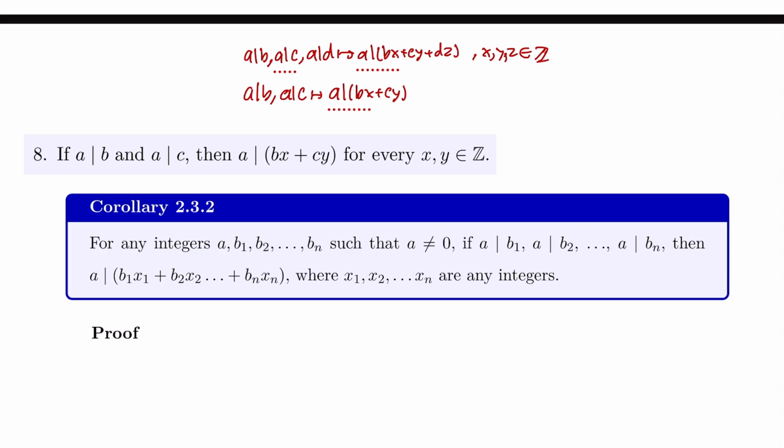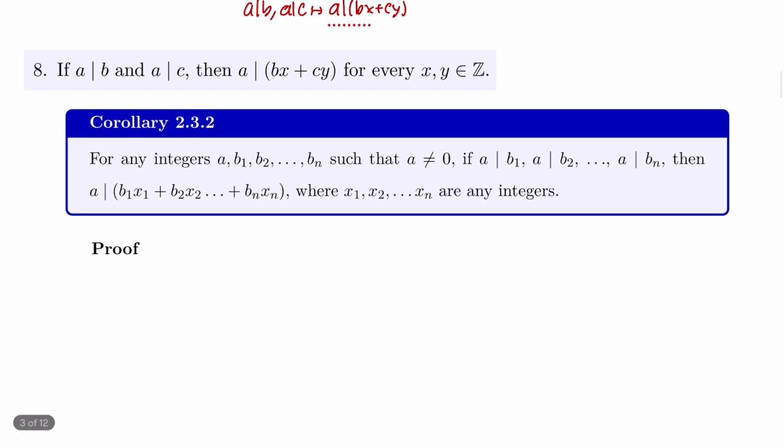So take a look at this corollary. For any integers a, b1, b2, and all the way to bn, such that a is not 0, if a divides b1, a divides b2, all the way to the last one, a divides bn, then a divides b1x1 plus b2x2 all the way to bnxn, where x1, x2, all the way to xn are